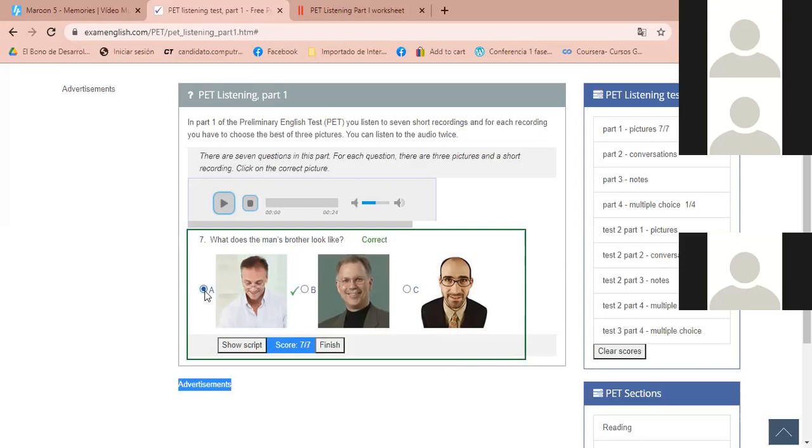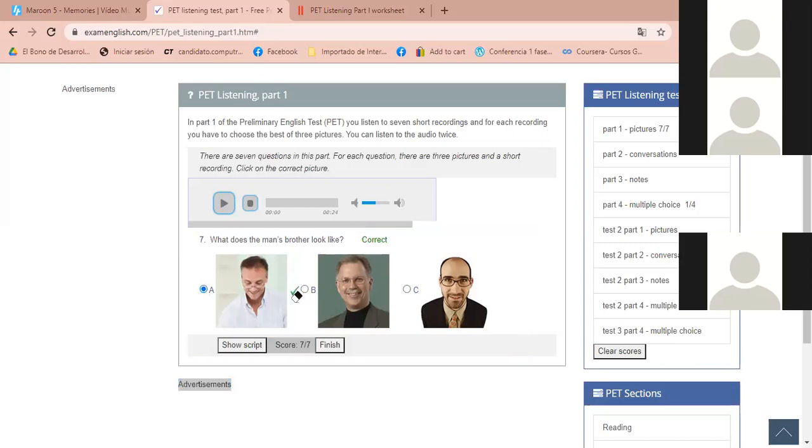So, the right answer is letter A, guys. Pay attention in all those details. Mucha atención en todos esos detalles al momento de, pues de elegir, ¿no? This is how part 1 is going to be. Obviously, it's going to be faster. This time we were doing it step by step. Sí, esta vez estamos haciendo una práctica paso a paso, pero es más o menos para que tengan una idea de cómo va a ser la parte 1 de su listening.